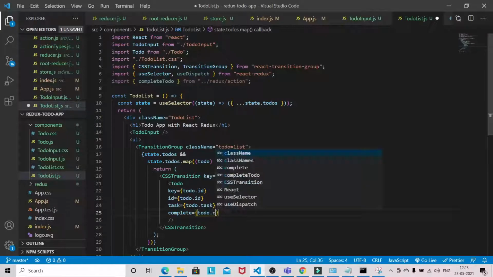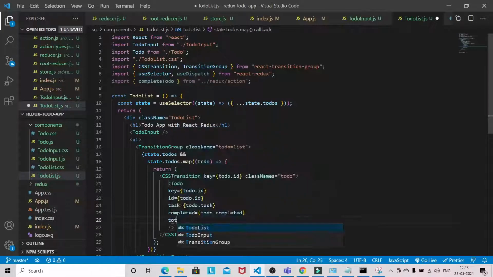So this we are also going to pass, completed. Okay, and this prop we need to pass, toggleTodo, to mark complete.